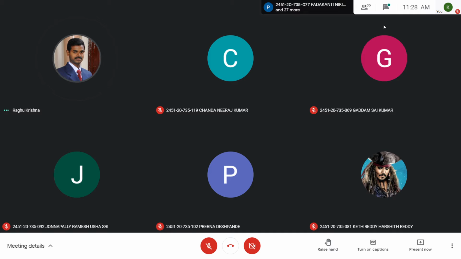Now coming to the speed. Speed is proportional to EB by phi. EB can be written as V minus Ia into RA plus RSC. As RA and RSC are in series, EB is equal to V minus the drop in the series field winding and the drop in the armature winding due to armature resistance. Now these two values will be very small, so this can be treated as constant. And finally speed is proportional to 1 by Ia.